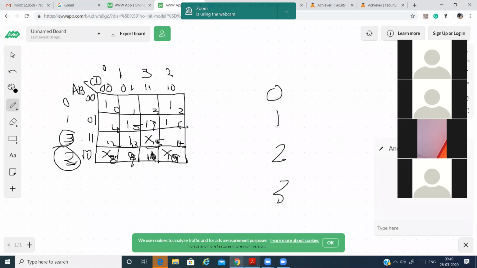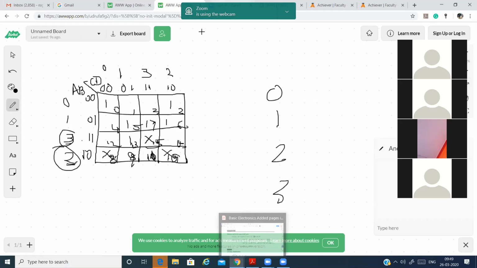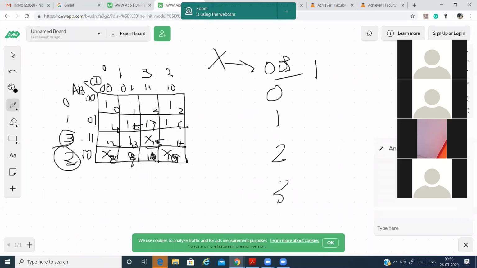Instead of putting a cross, can't we write 0? No, don't care is a condition where it might be 0 or 1. It will be okay in both cases. Based upon our requirement and convenience, we can consider that as 0 or 1. That's why we put it as a cross.